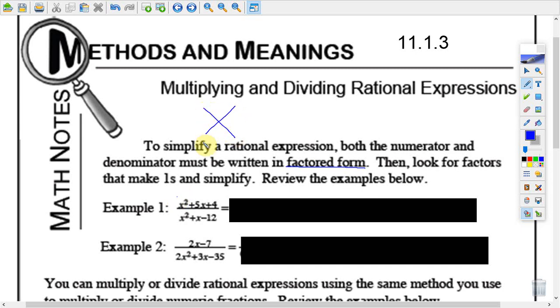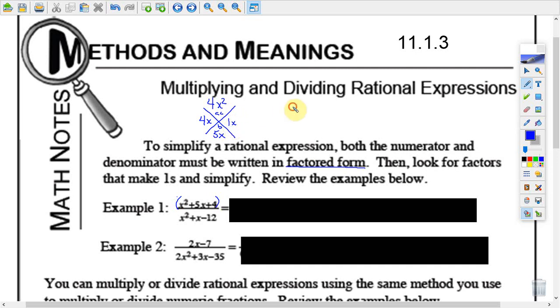So we're going to start with the diamond problem here on our numerator. Remember that the top of the diamond gets a times c and the bottom gets our b term. So a times c is going to be 4x squared. The bottom we have 5x, so we need two things that multiply to 4x squared and add up to 5x. Well, that should be 4x and